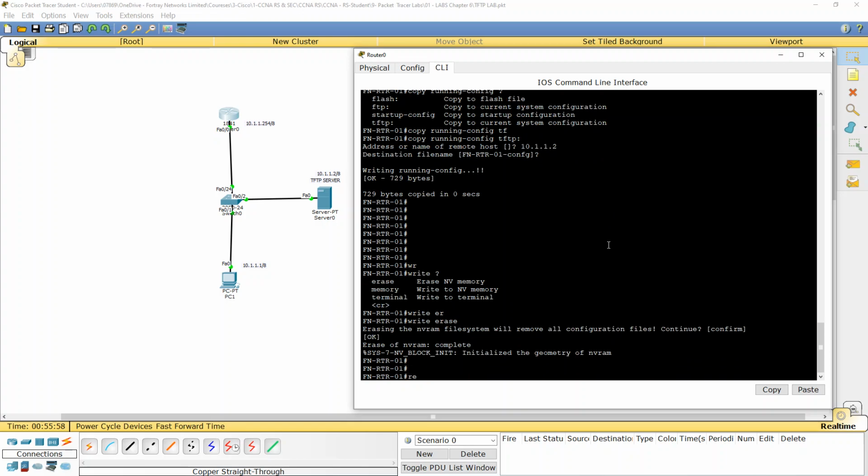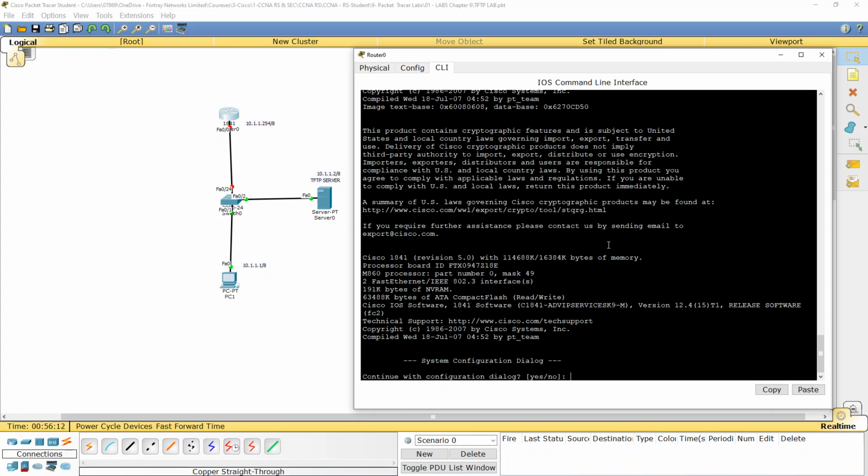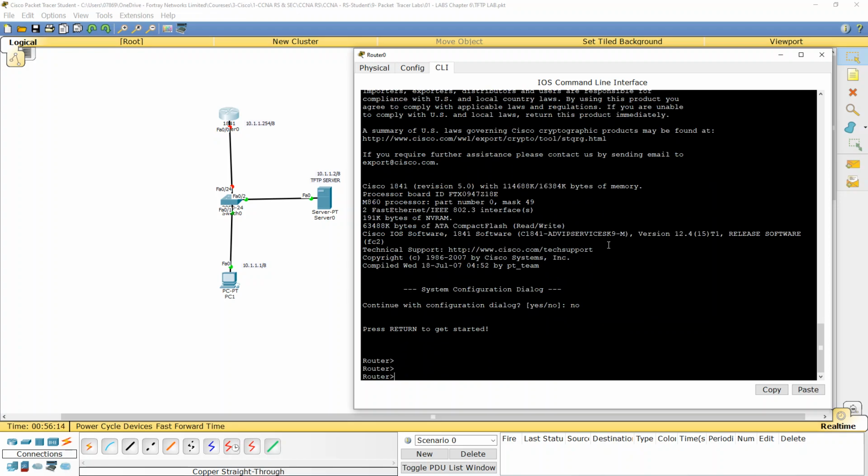Okay. Reload. Clear? So what I have done is reset it to the factory default. This is a brand new router. I'm saying no. Look and see, every configuration is removed and even my interfaces are shut.